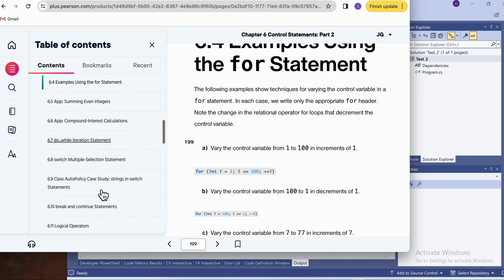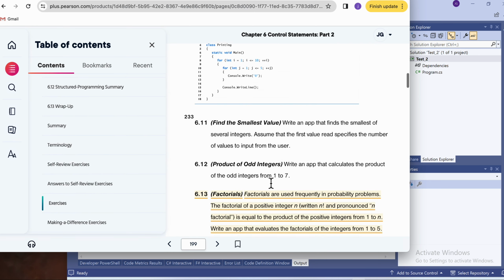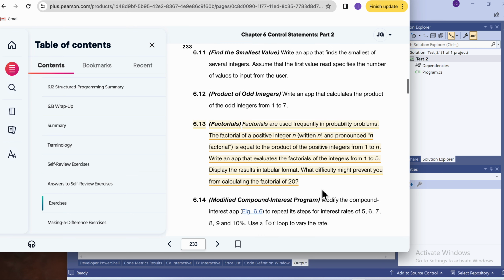And then we are going to multiply or get the product from 1 to 5. So we're going to increment 1 through 5, and this is in a tabular format. So one side we're going to have the numbers 1 through 5, incrementing by 1 each time. And on the other side of this, kind of like a table,